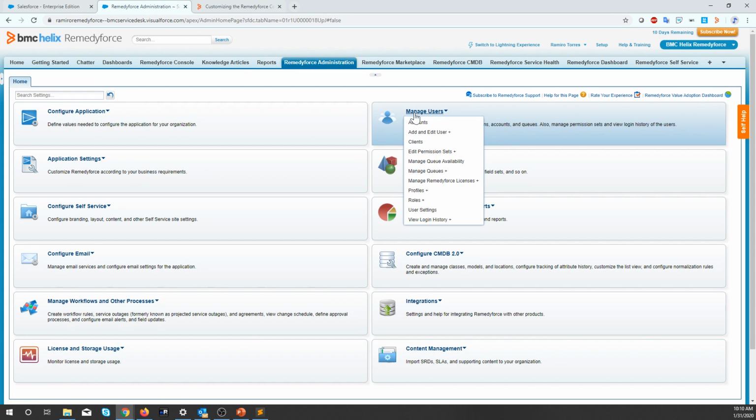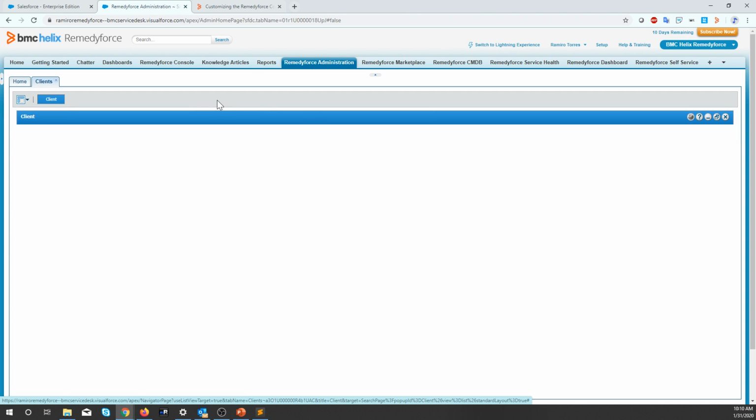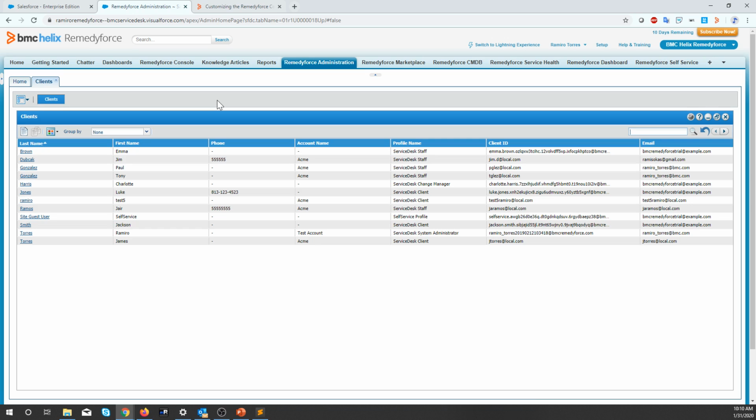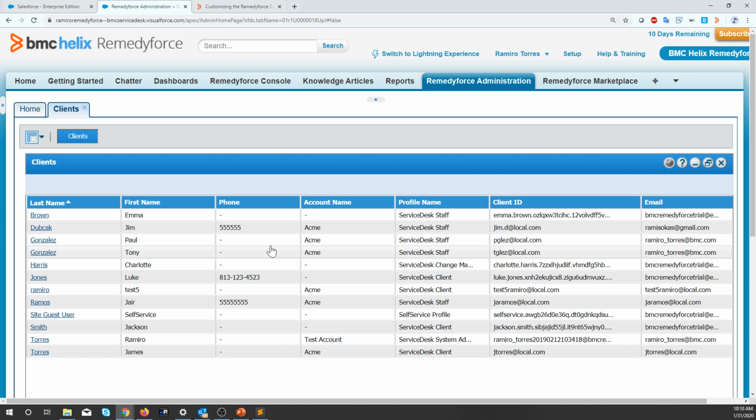click under Manage Users, and click Clients. So there's a little bit of confusion here. Why does Remedyforce manage all the users, regardless of their profiles, as clients? Well, the reason behind this is that even though I'm an administrator right here, I'm going to zoom in so you can see. Even though I'm here as an administrator, I also am a client because this is an